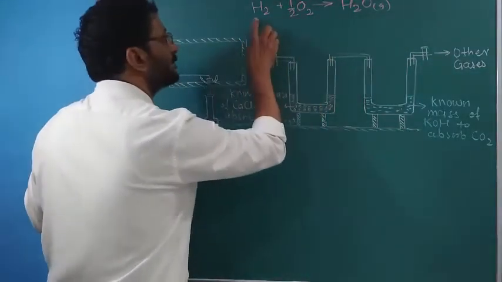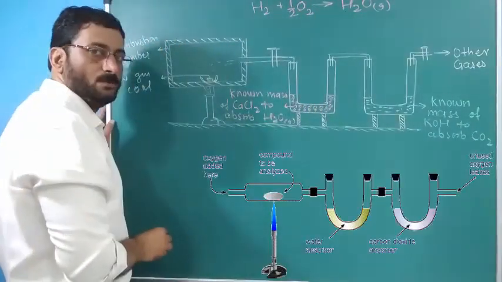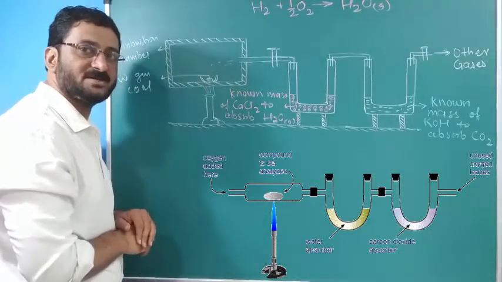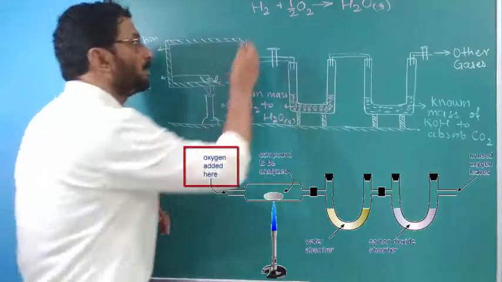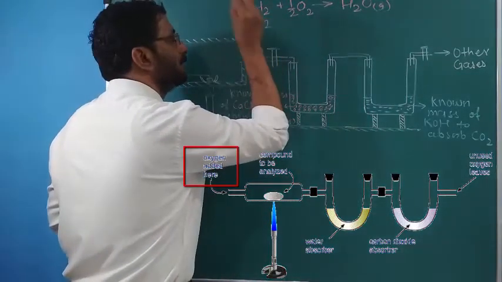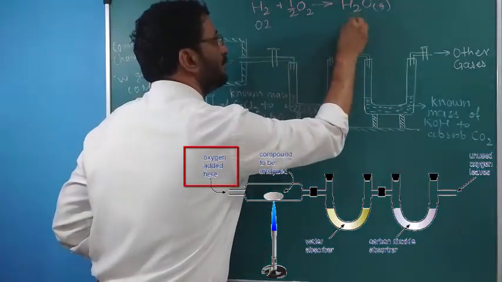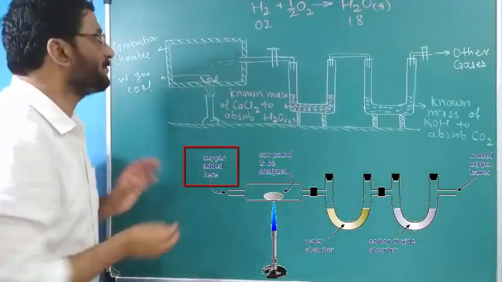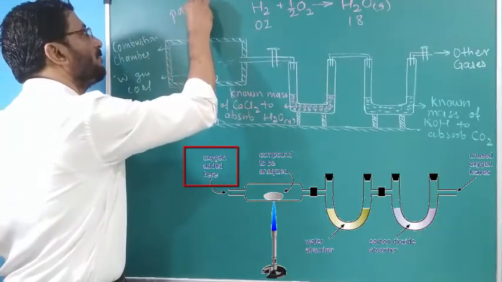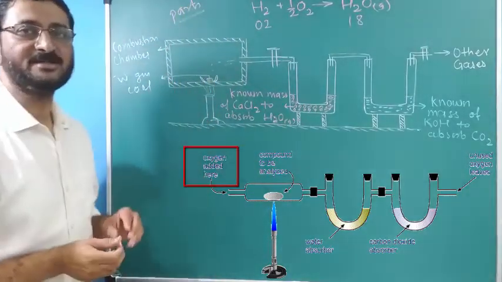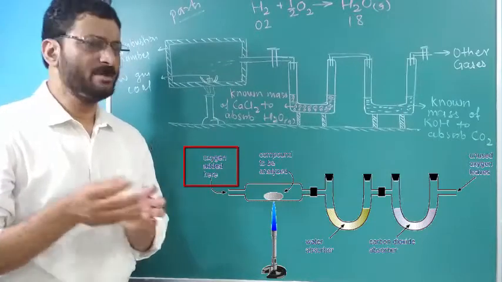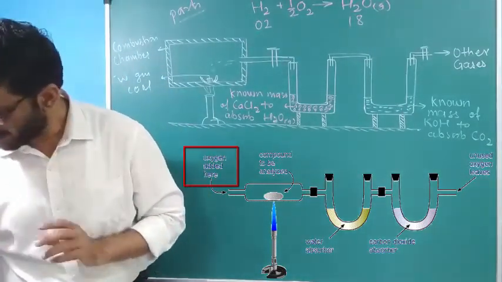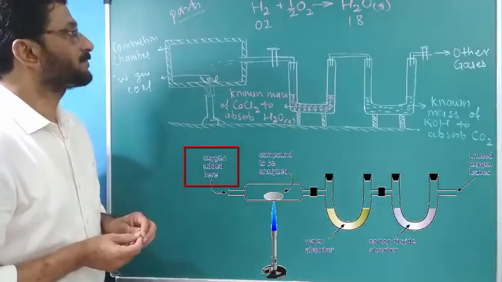What is the reaction? H2 plus half O2 gives H2O. A simple reaction. How do we read the equation? 2 parts by mass of hydrogen will form 18 parts by mass of water vapor. 2 parts will form 18 parts. What are these parts? It is a unit. It may be milligrams, grams, kilograms, or whatever. In the same manner,